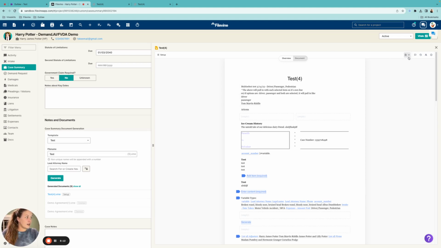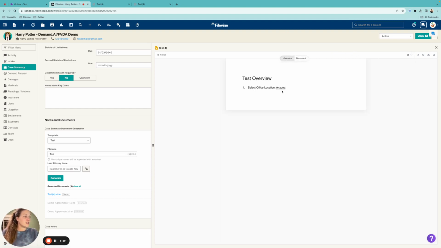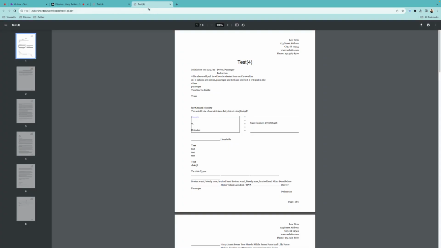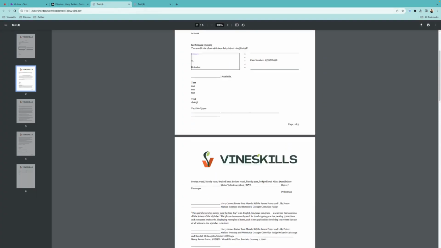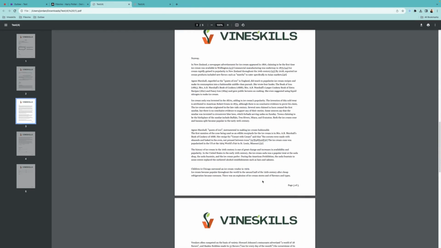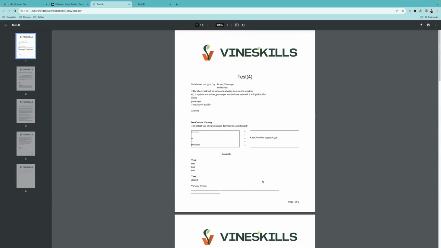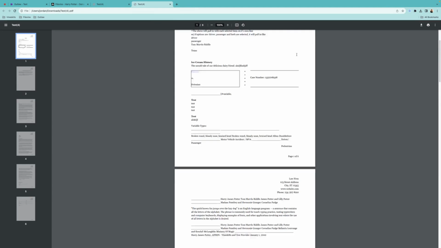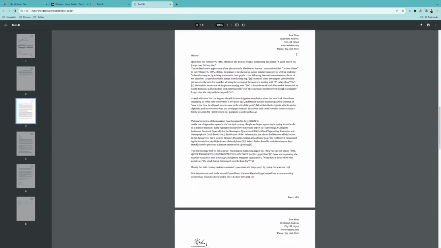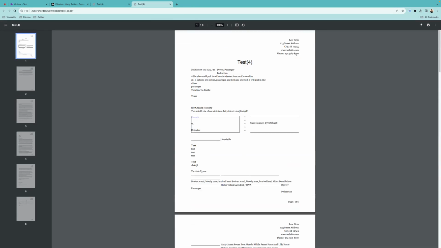However, I've gone ahead and already exported these as PDFs so that you can see what each one of them looks like. So previously we discussed the Arizona one. That's going to be our Vine Skills logo right here. You can see that we now have this header showing on every page of our document here. So that is pretty cool. And then when it is chosen as Texas, you can see that we have this header showing for each page of our document. So that's how each one of them would look once you exported it,